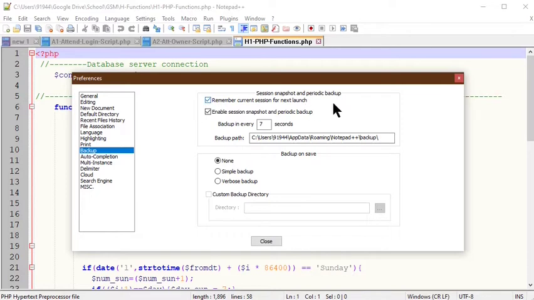By default, this is checked. And another checkbox is enable session snapshot and periodic backup. These two are linked one-to-one. Suppose I uncheck remember current session, automatically enable session snapshot will also be unchecked.